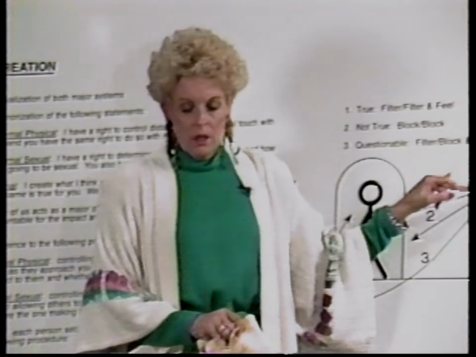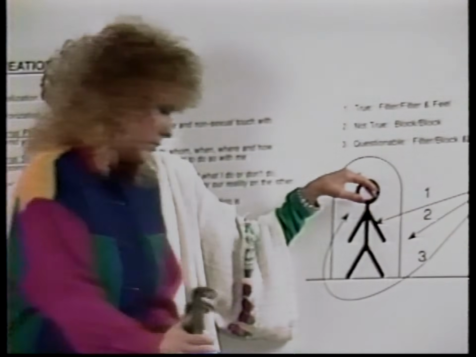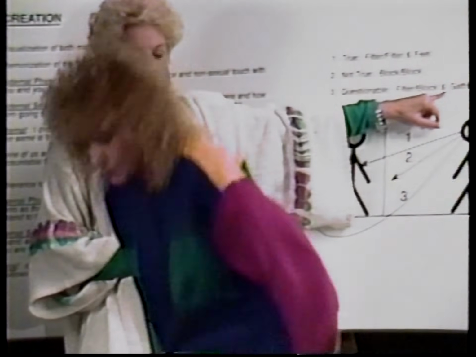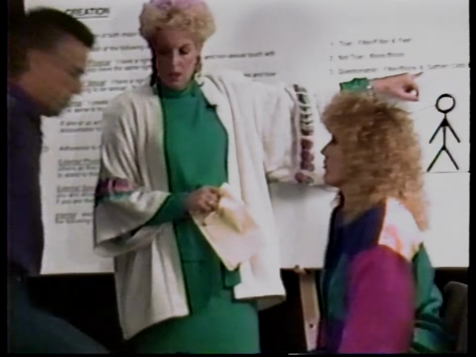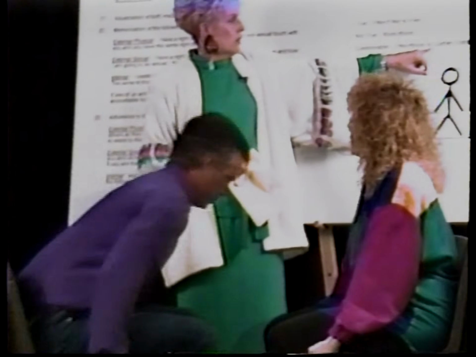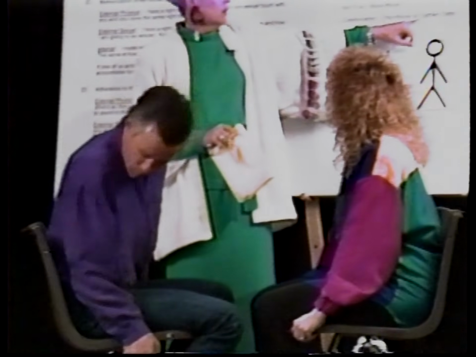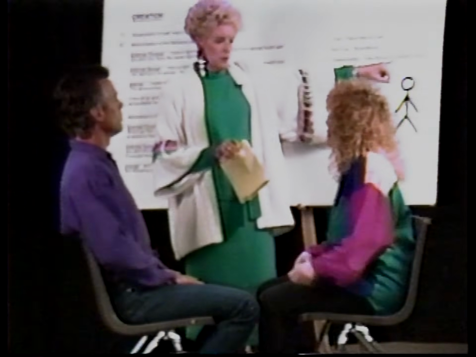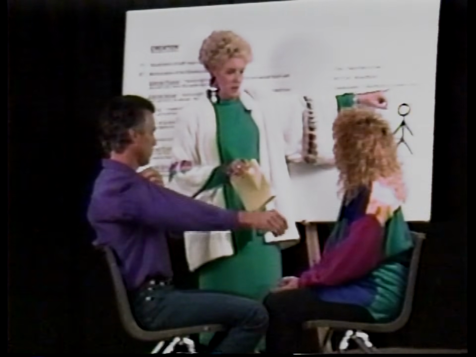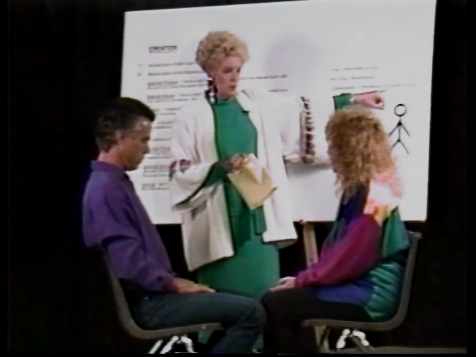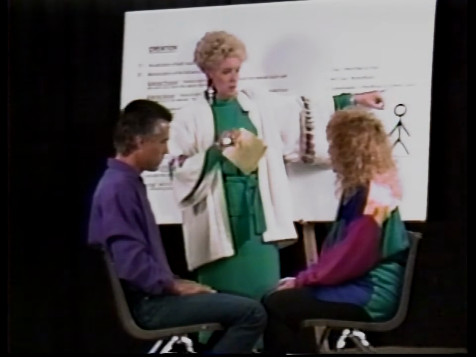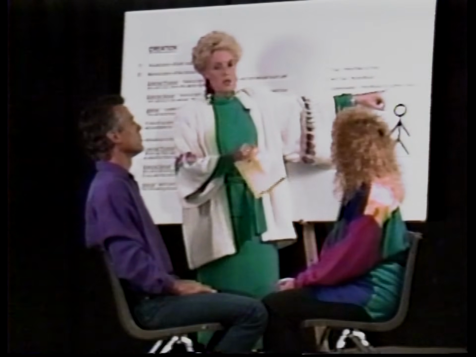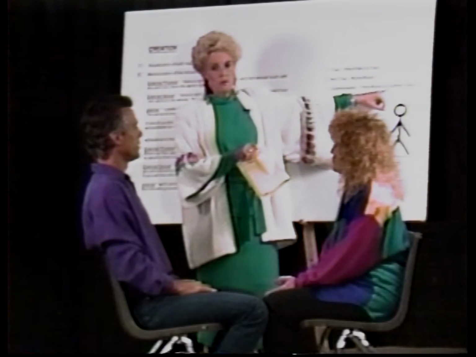Go ahead, Corky. Now, one of the things Corky needs to do as she confronts Bill is to do the confrontation. Go ahead and get knee to knee. Go ahead and do the confrontation. Now, Corky, I want you to pay attention to this. When you confront him, I want you to do it in 4 sentences or less, without blaming him, making him wrong, without whining or complaining, or without putting a because in there and explaining yourself, okay? So Corky has some rules to follow over here, too, all right?